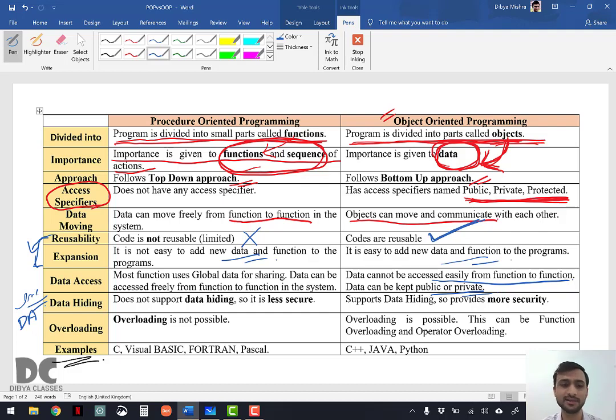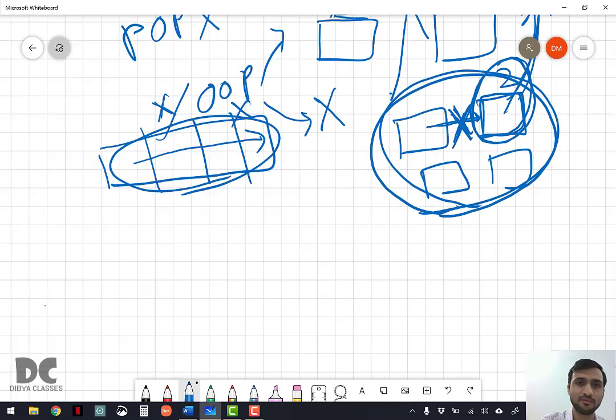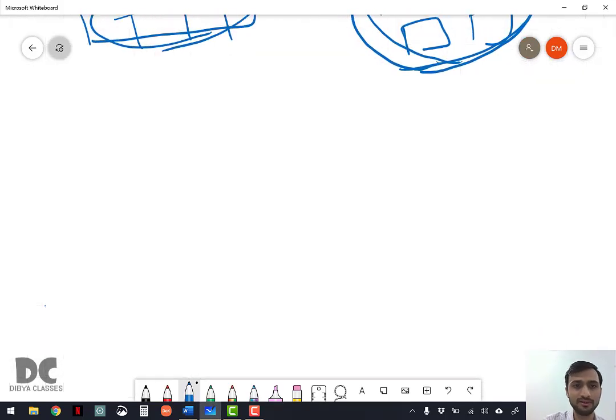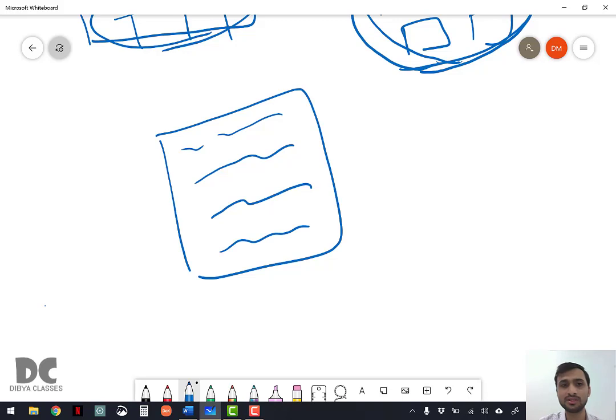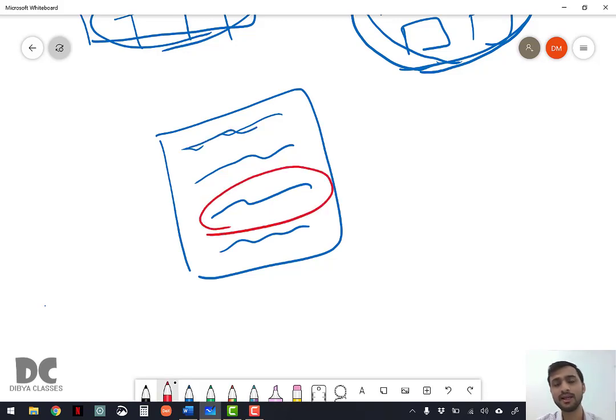So what does data hiding do? We talked about the WhatsApp example where many things are written but kept hidden, because if it is not hidden, then someone can change the program and the WhatsApp app will not behave appropriately.